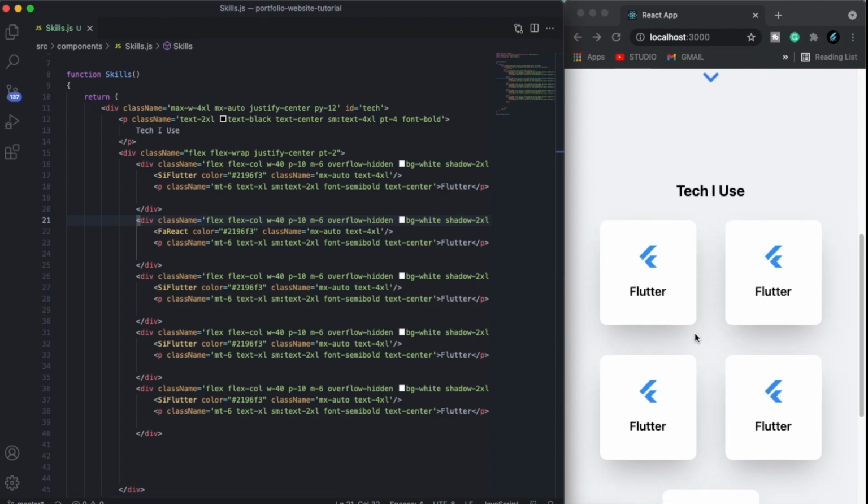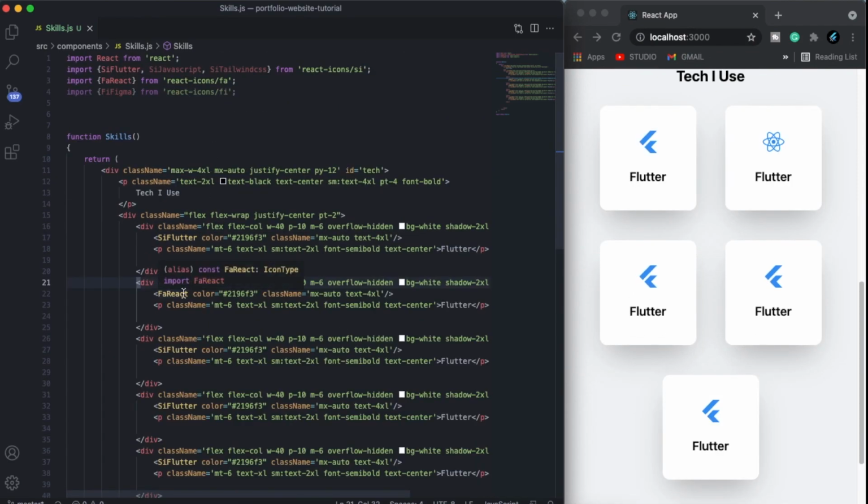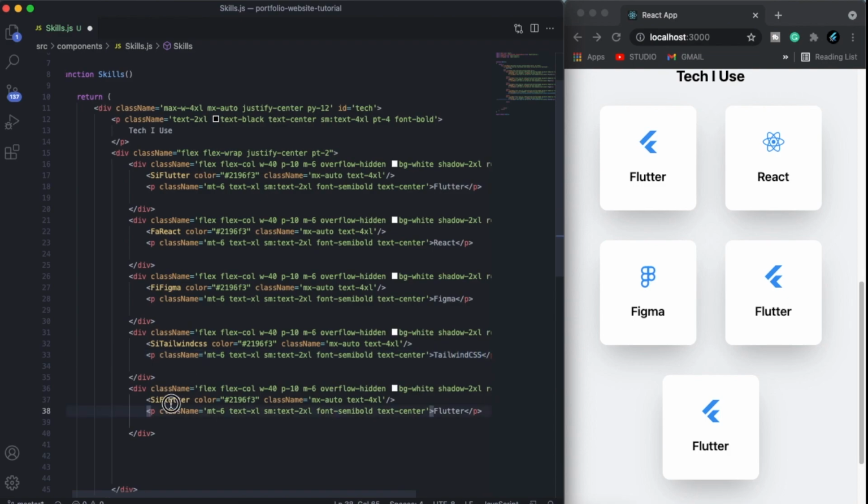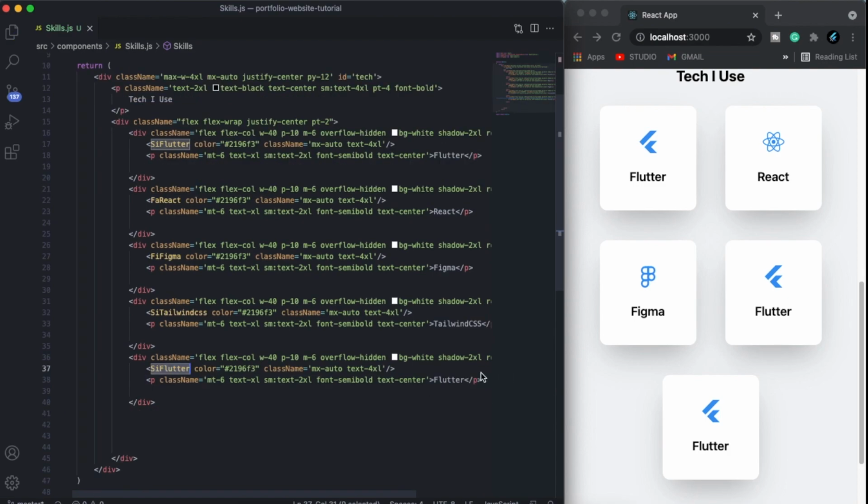Why is it not showing me the... Okay, this loaded in a little while, so I just got confused. I will write a React, then this can be Figma. Here I will write Figma was with FI Figma. I click on save, and here in this next section it can be Tailwind. Aside Tailwind, so it will be Tailwind CSS. Then I'll click on save, and the final thing was